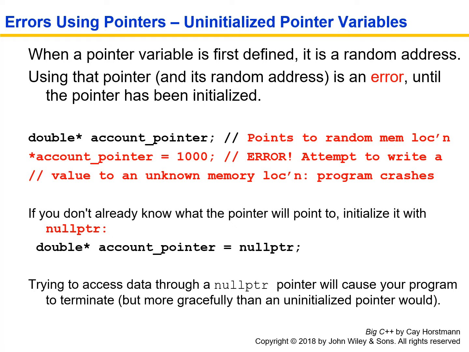When a pointer variable is first defined, it holds a random address. Just like when an int is defined, it holds a random integer. Using that pointer and its random address is an error. So if we type double star account pointer, that variable is now going to point to a random memory location. If we then say star account pointer equals 1000, we're going to try to write the value 1000 to an unknown memory location. Chances are that's going to crash our program because we're going to write over something that shouldn't be written